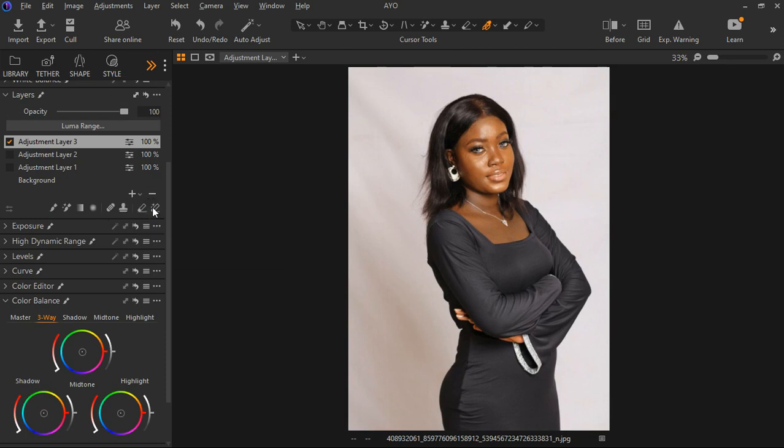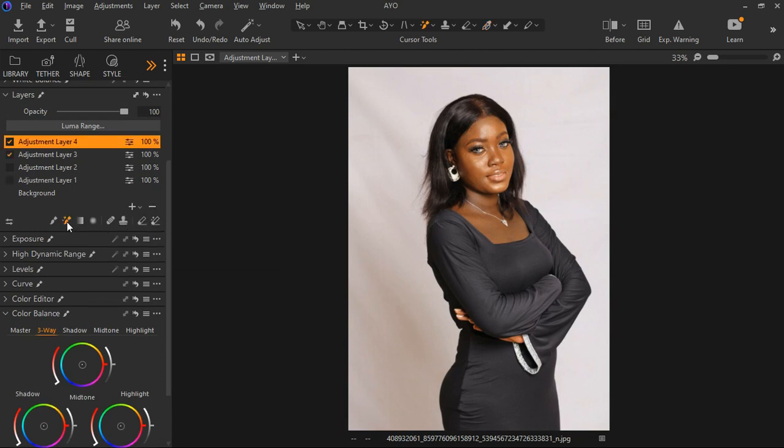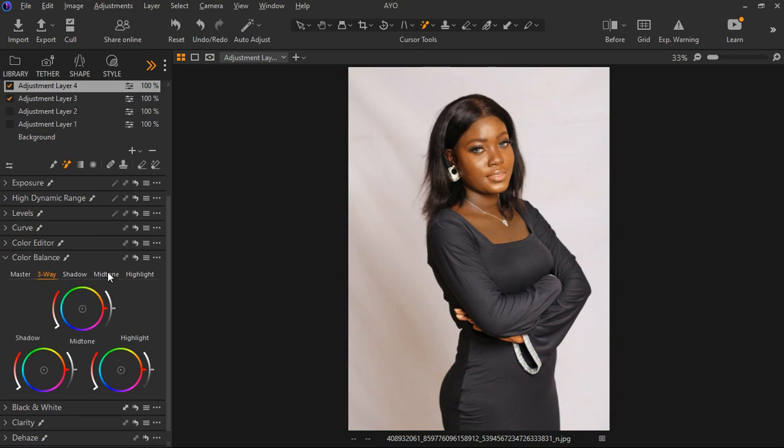I'm just going to select a new empty layer, select this magic brush tool. You can see I'm using the magic brush tool most of the time. Even if I want to do some eyes and teeth whitening, I can use the brush and magic brush tool. So just select the background. I'm selecting the background right now, and hit M on the keyboard. You're going to see the background is selected, and from this one, since the background is selected, I can go